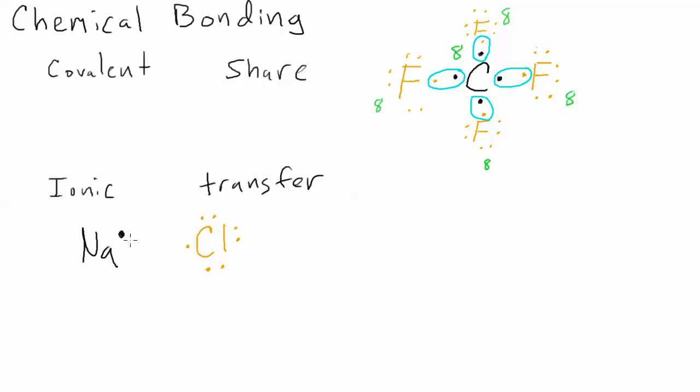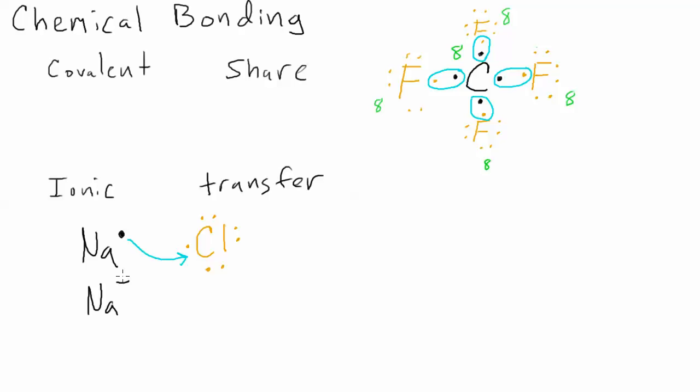This sodium is going to take this valence electron and give it to chlorine. And chlorine is going to take that valence electron because sodium wants to lose its valence electron and chlorine wants to gain a valence electron. And so what you get then is sodium